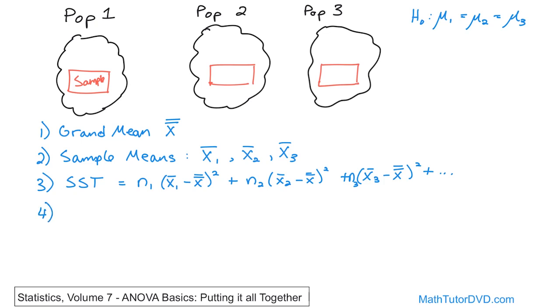Then we take that number that we call the sum of squares among treatments, and we find the mean square among treatments, which is just simply taking that number that we just calculated and dividing by the number of populations we have, but with a small correction factor, k minus